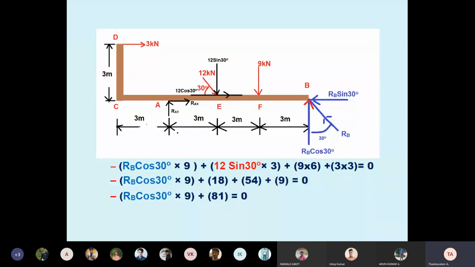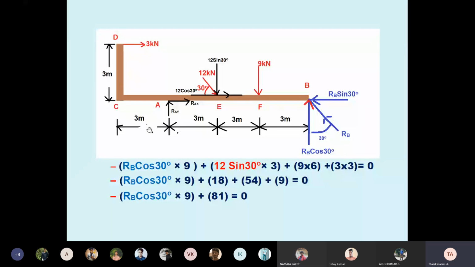The thickness is given, there is some height given, but it is considered a line. In the diagram I drew it bigger, but the 12 cos 30 effect also goes from the reference in the horizontal direction. So 12 cos 30 does not give moment. Arun Kumar, understand? Yes, sir. Understood.